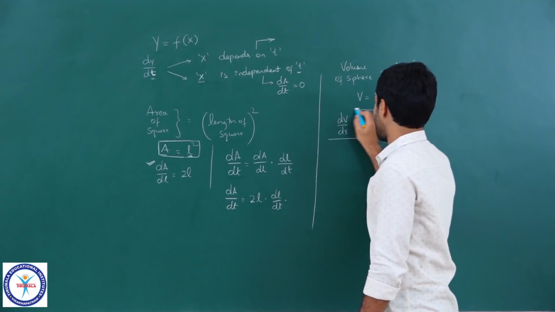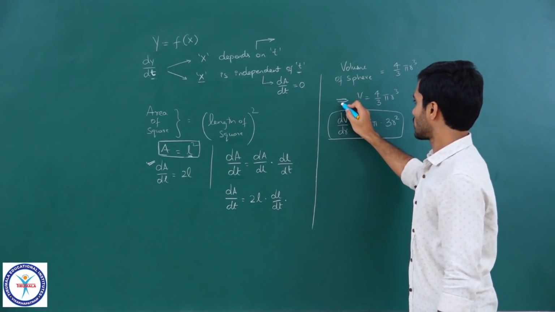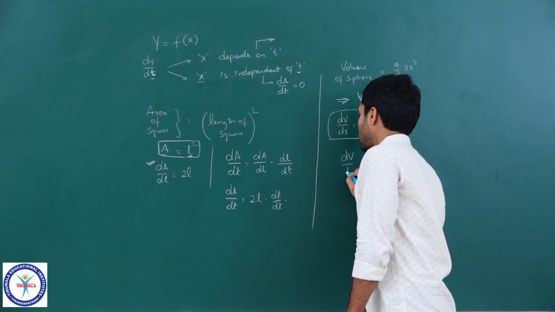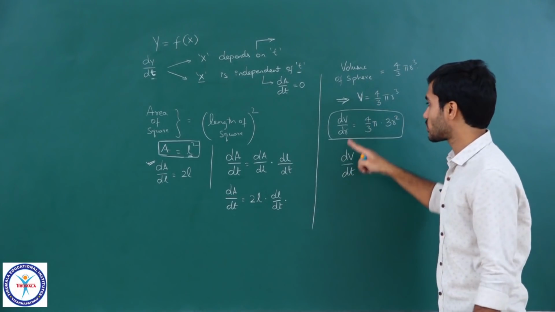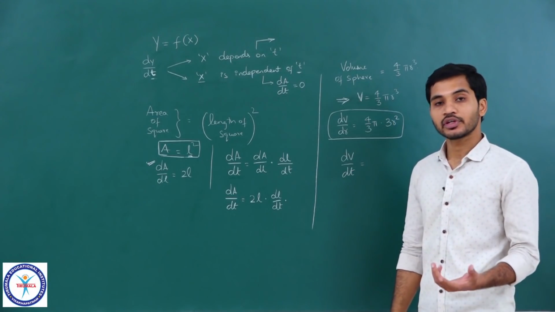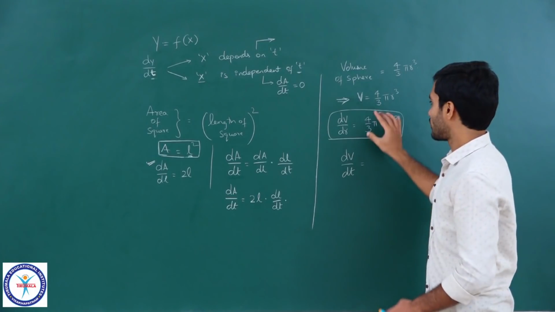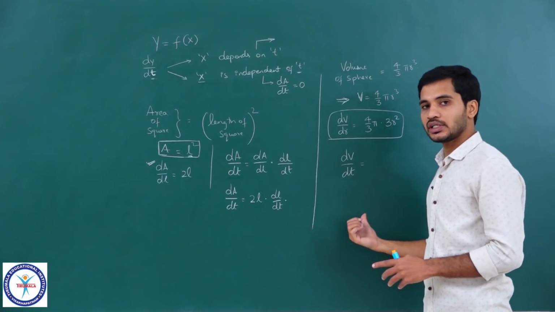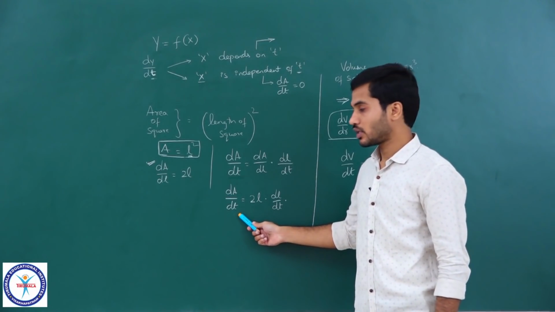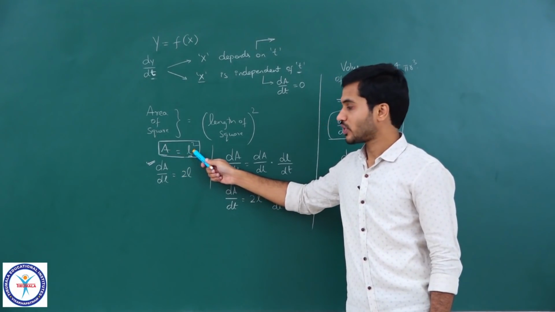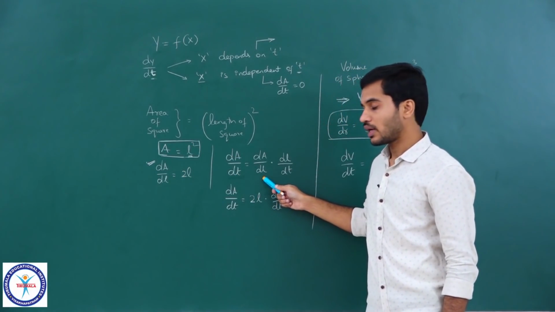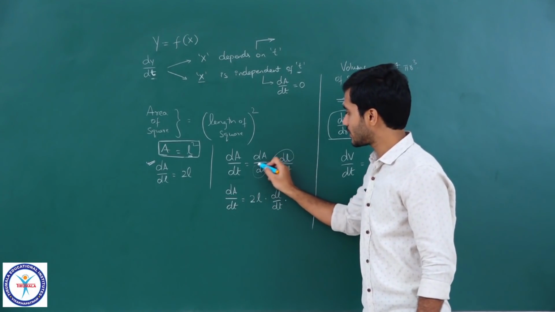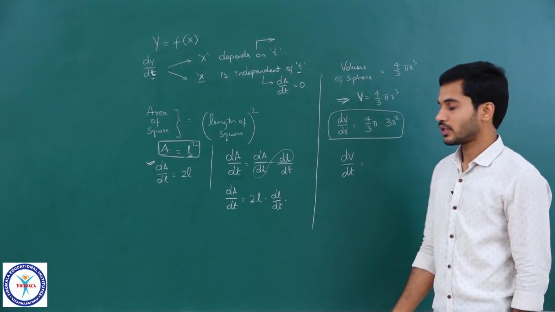But in the same question, by giving you the same relation, V is equal to 4 by 3 pi r cube, if I ask you what is dV by dt, let us say I am asking you to differentiate volume with respect to time, what will you do? The idea is pretty simple. First, differentiate this with respect to r itself, then differentiate r with respect to t and multiply them. That is what we have done here. I know A with L, so I differentiated A with respect to L and L with respect to T and multiplied them. When I multiply, because of the chain created here, we will actually get the value we wanted.